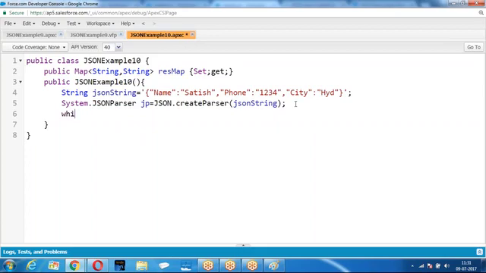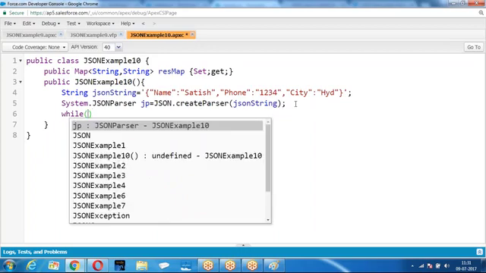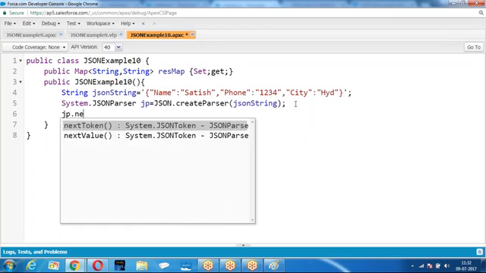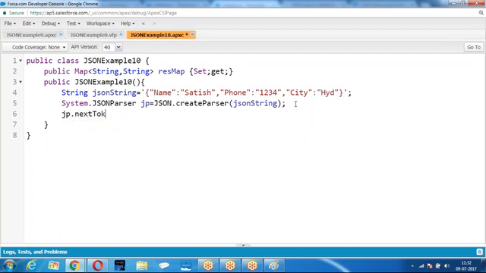Then I am using a while loop: while JP.nextToken is not equal to null. First the token cursor will be at -1, and I am pushing the token to the first element.